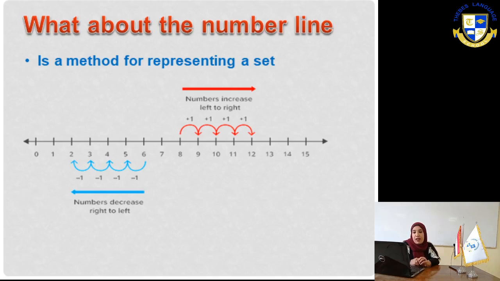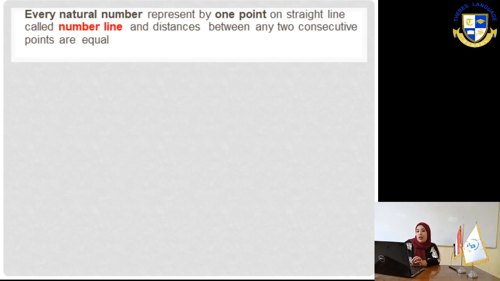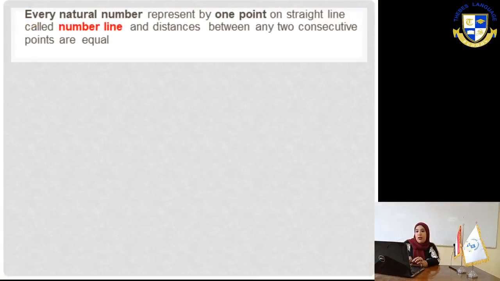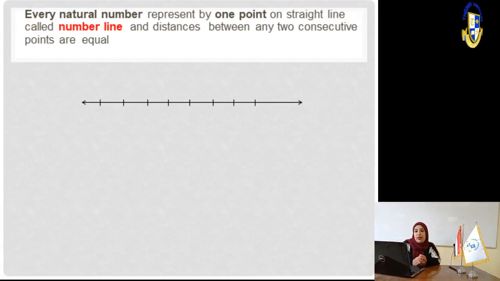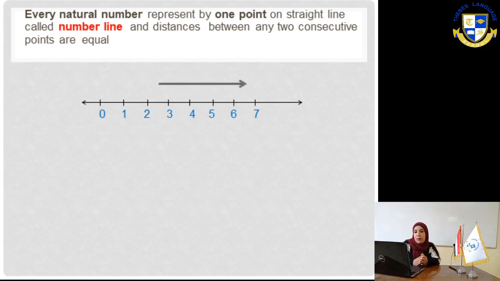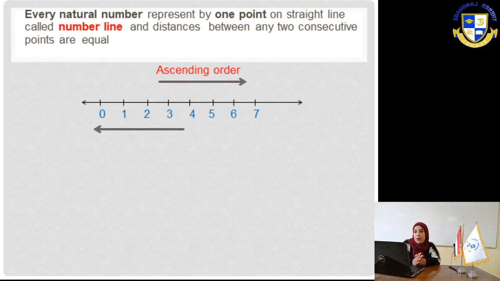So I can say 3 is greater than 2, because I'm moving to the right. Also, I can say 2 is less than 3. When you move to the right, the number will increase. The origin of the number line is 0. So if I have elements like A, B, C, D, and E